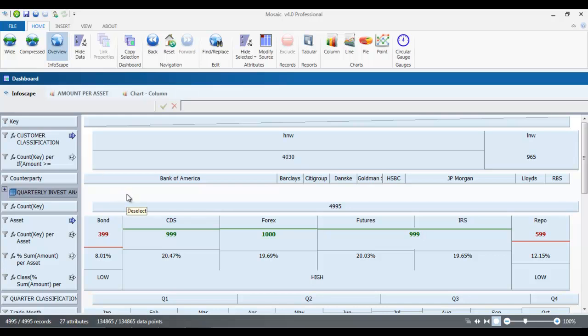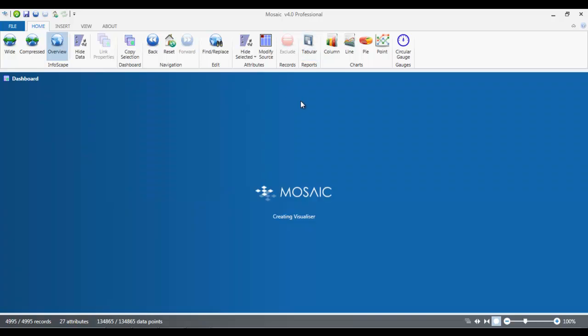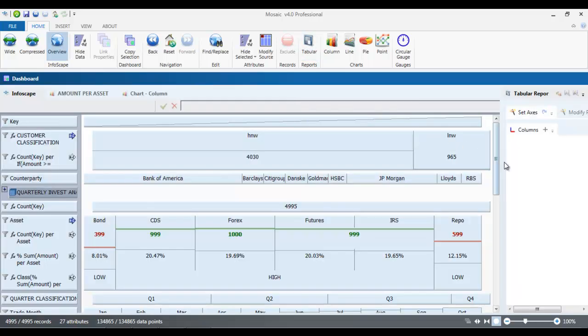Now what I'm going to do is actually show you how we can use this information and push it out to a data grid, so that, for example, we can look at individual trades by counterparts. Now this is called the tabular. So I select tabular,